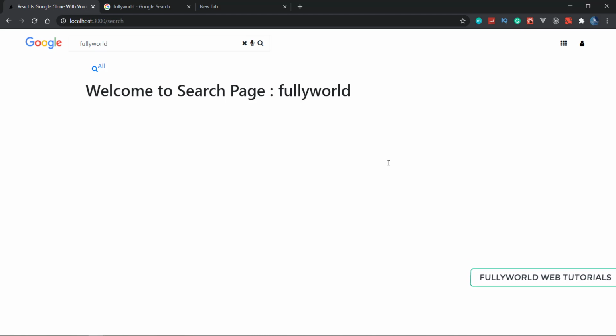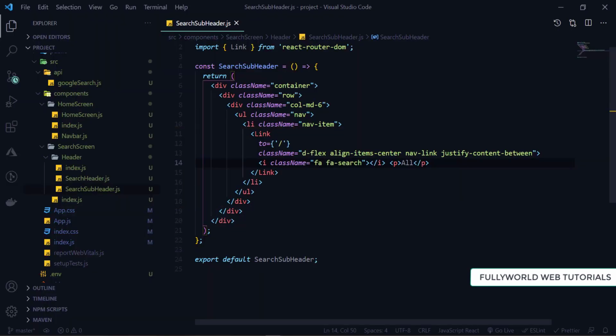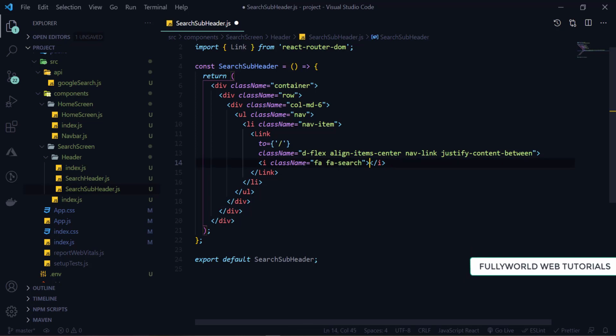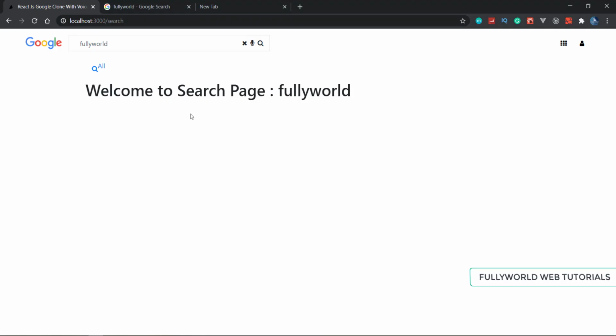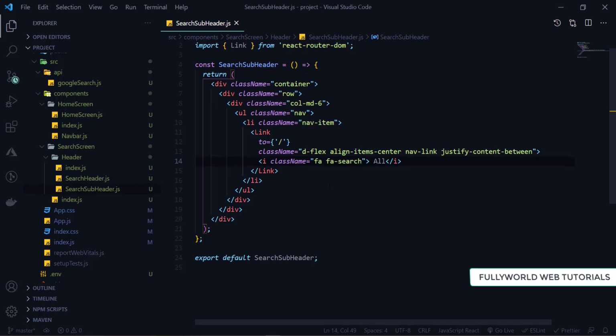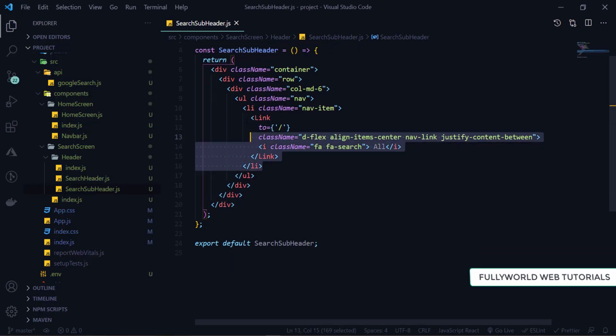Space is there. Here I'm going to write our class. So I'm going to remove this, and I'm going to set one thing that will be our all here. So now this will look good, definitely. See that now it is looking definitely good. So let's move further. So I'm going to do same thing like there.